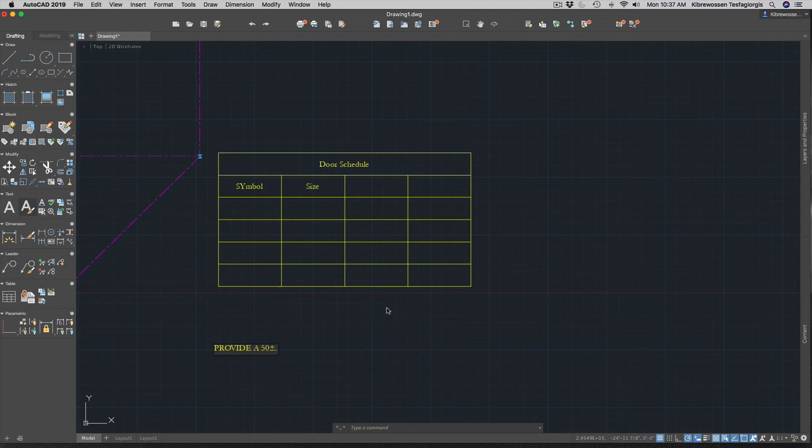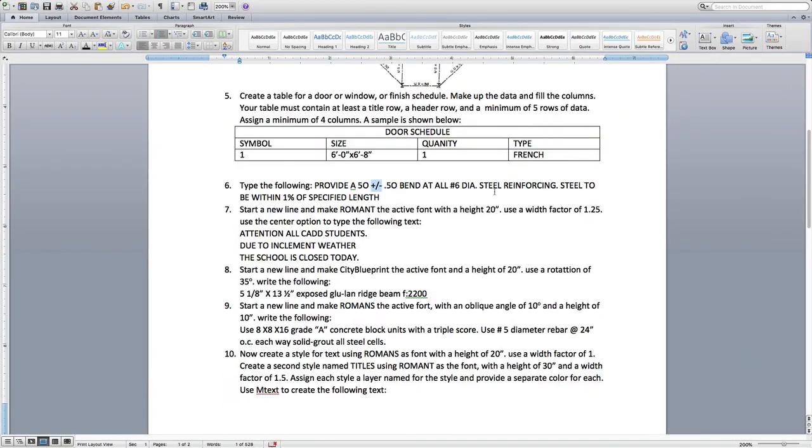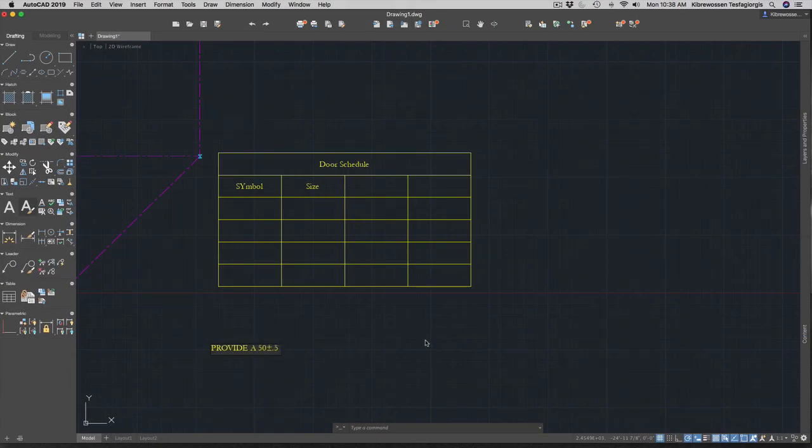Plus or minus 0.5, then finish the rest. Okay, this is just how to write a single line text, and bend at. Okay, so finish that. Then